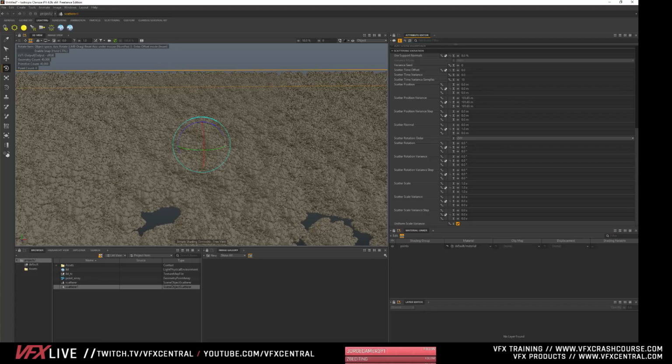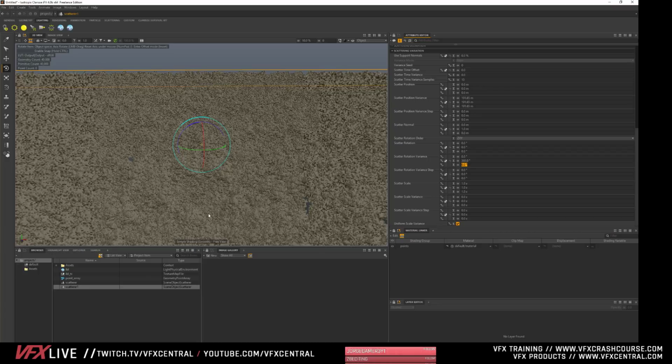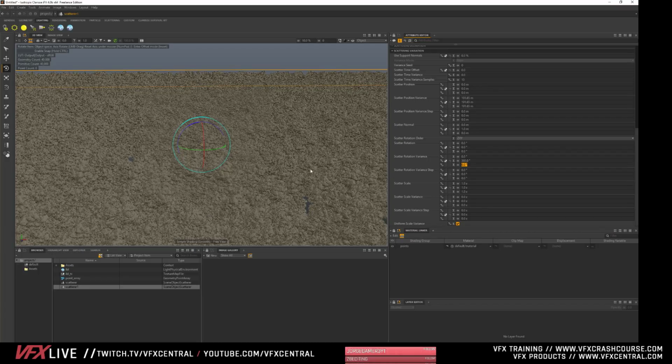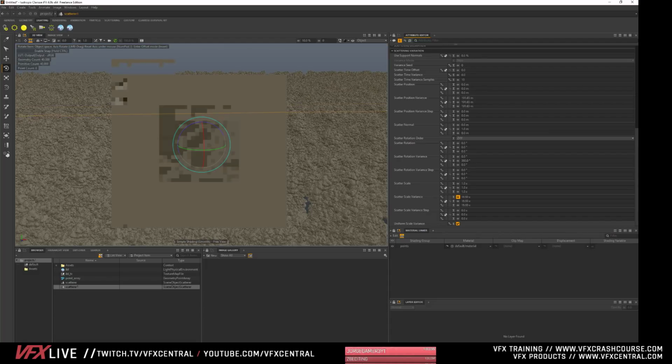And then we also want to scatter the rotation. The bottom of this is flat, so I don't know if I do want to scatter it that way, but I definitely want to do a 360 so that it spins in the y-axis. And then let's also scatter the scale. So I'm going to just drag this up.